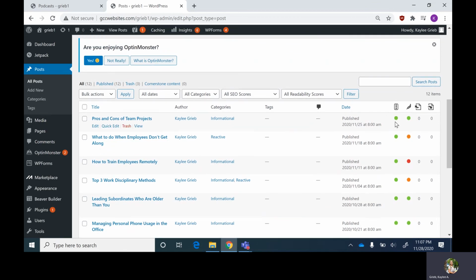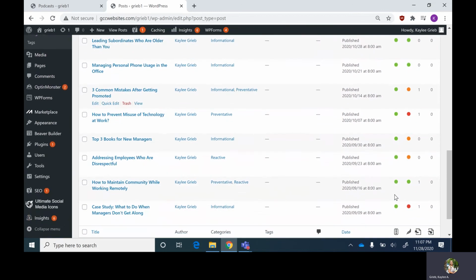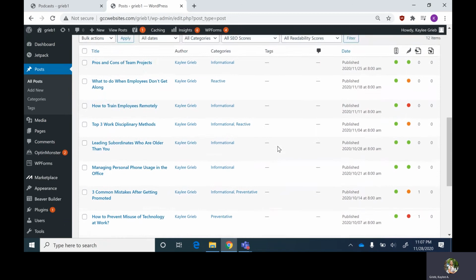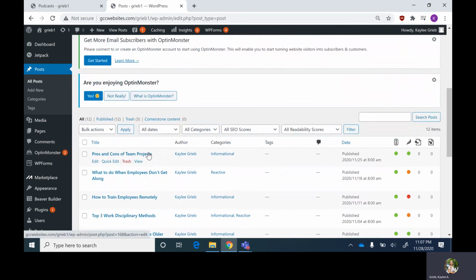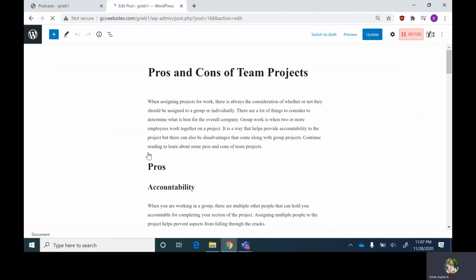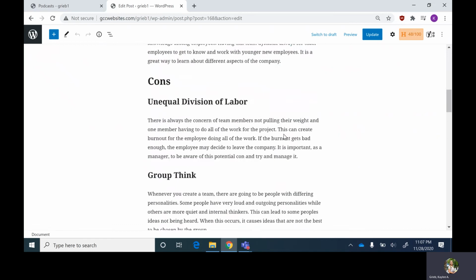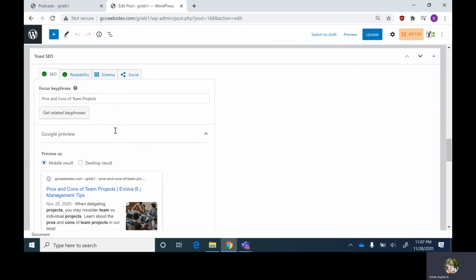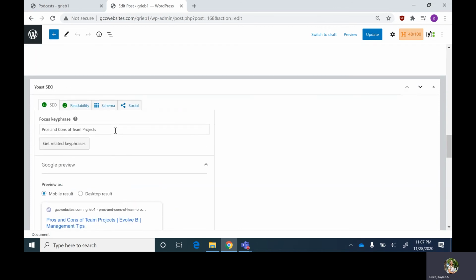I also made sure that all of my SEO scores turned green, just to make sure that that will help me rank high as well. If we look at one of the blogs, I want to talk about a plugin that I love using, called Yoast SEO. It's towards the bottom of the page. I'm able to plug in a focus key phrase, and then it tells me how good of a job I did